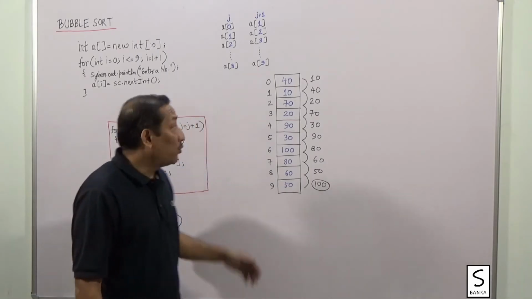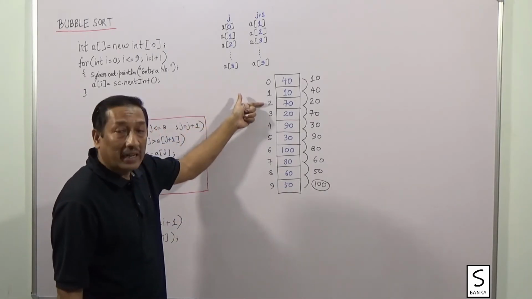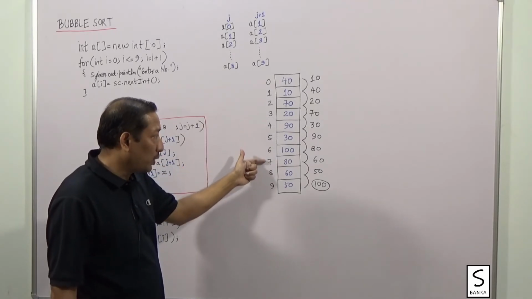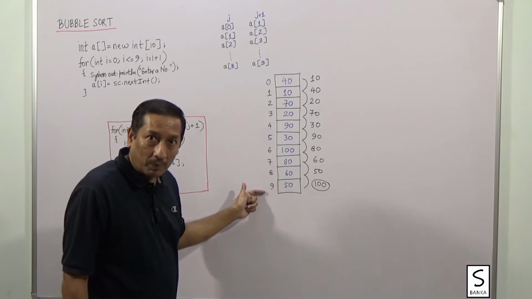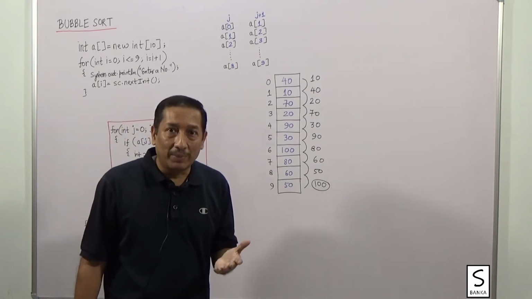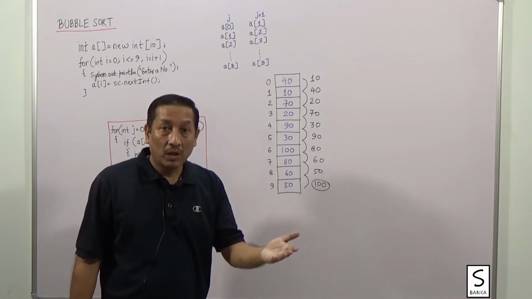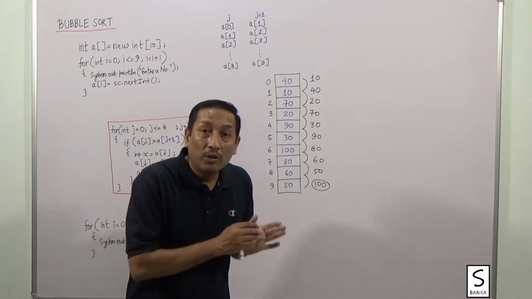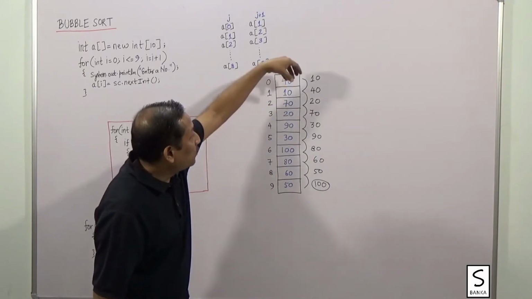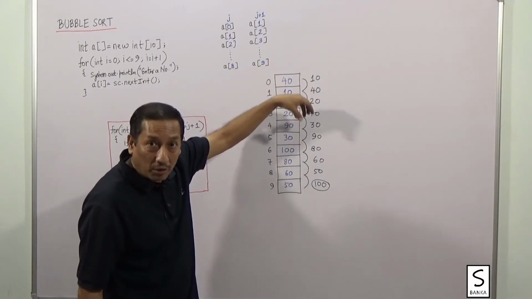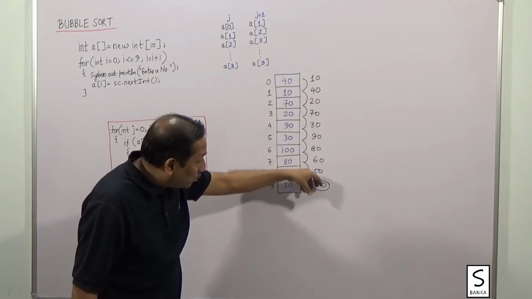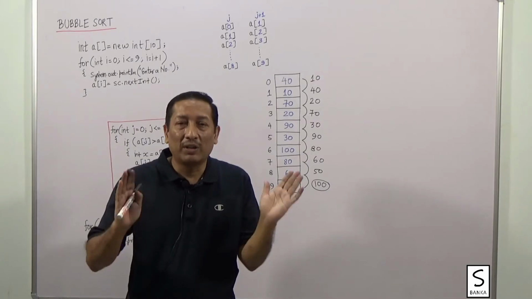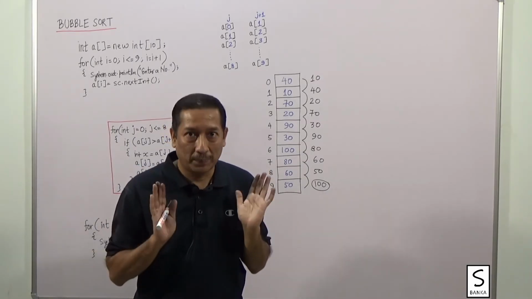Either I was changing the biggest variable every time, from A0 to A1 to A2 to A3 to A4 to A5 to A6 to A7 to A8, finally A9. So you can say, sir, you were changing the variable that contained the biggest number every time. Or we can simply say that we were moving the bigger number forward. So every time, since we were moving the bigger number forward, obviously the last number to reach the bottom will be the biggest number. Either way, whichever way you feel comfortable, you visualize it.